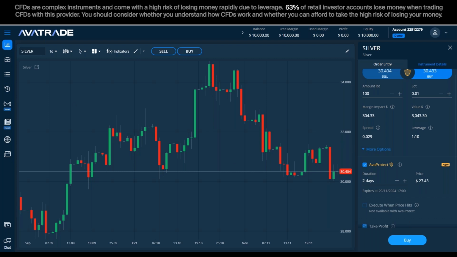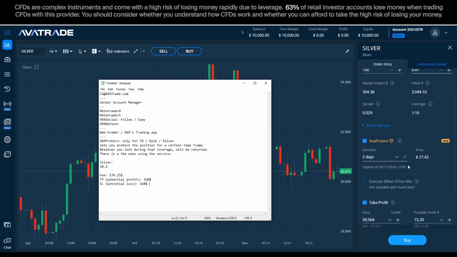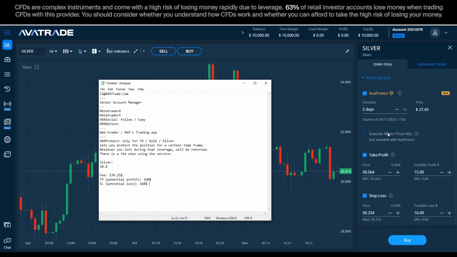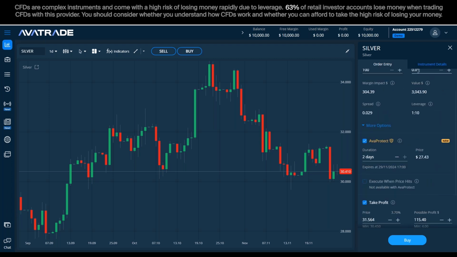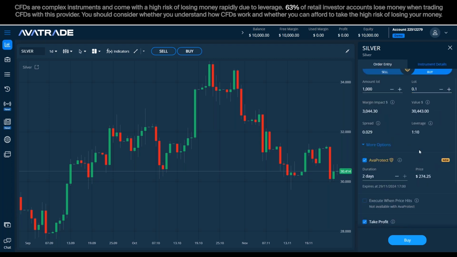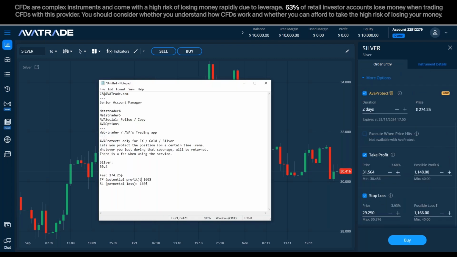Okay, great. So what I wanted to show you guys is to be able to control the fee, so you won't end up paying a greater fee than what you're making or losing. And that's by simply changing the lot size here or the coverage length. Now, if I expand the take profit by $1 and decrease this by $1, that means that now, even if I go back to 0.1, sorry, the fee versus my possible profit and possible loss is much, much better.